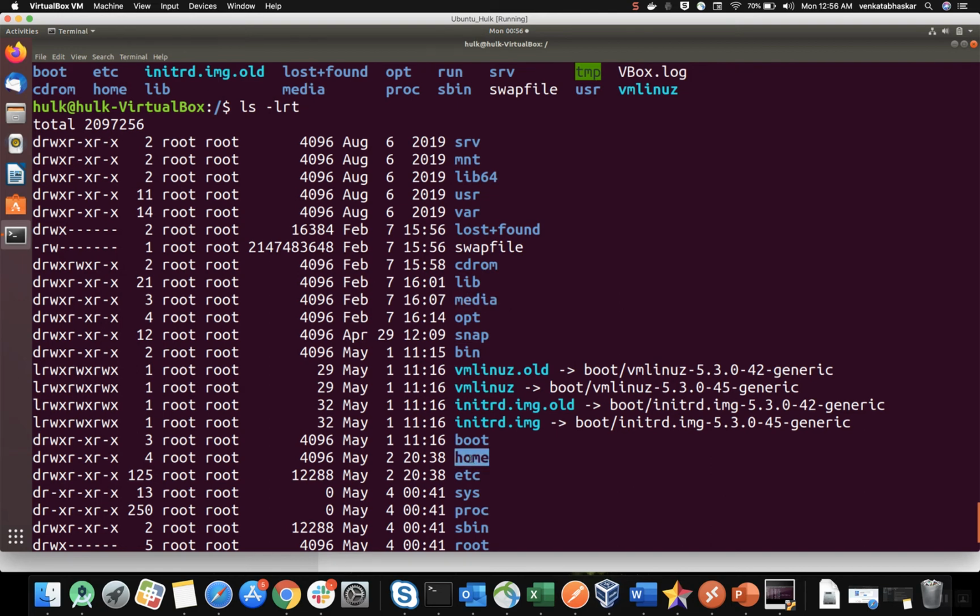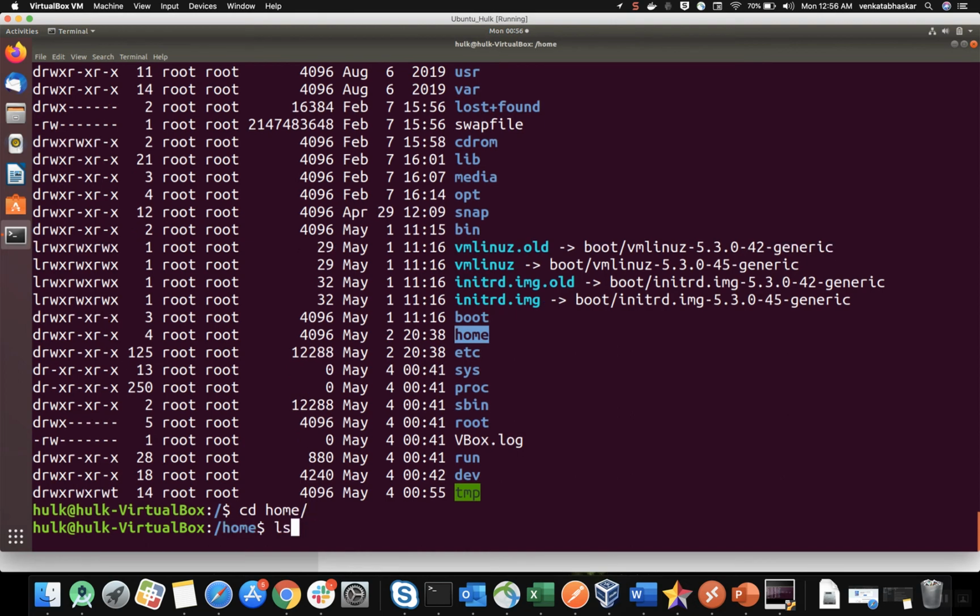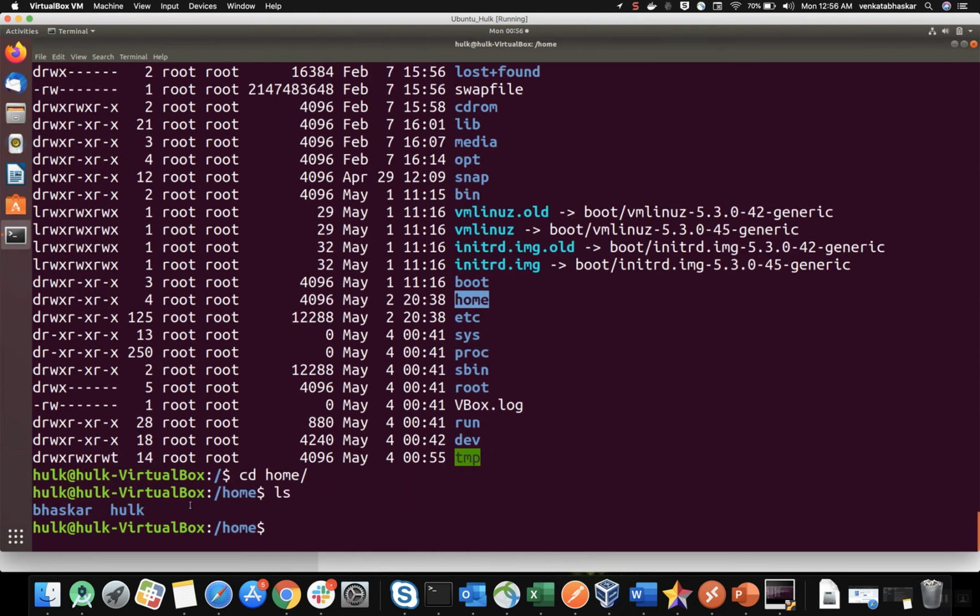All user directories will be there. Every user directory, desktop, downloads, pictures, videos, everything will be there under each user. Now I will go to my cd home directory. Okay, just do the ls command. See, Bhaskar is my one username and hulk is one more user. If you want to create a new user, the new user directory will be created.